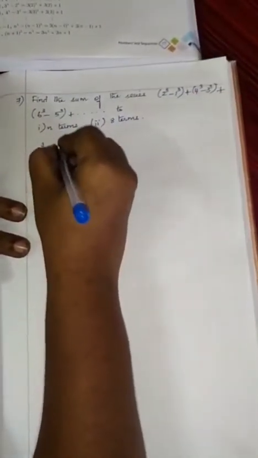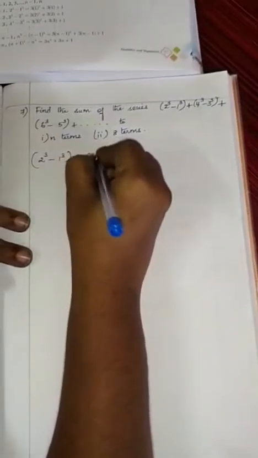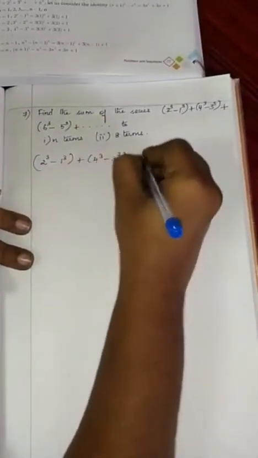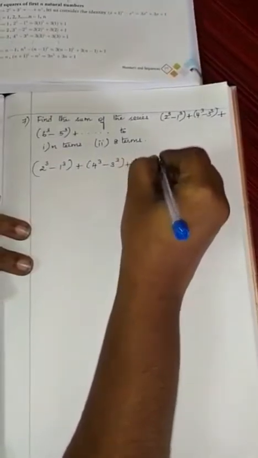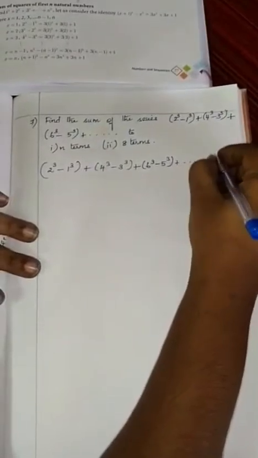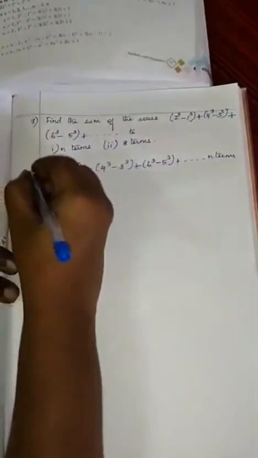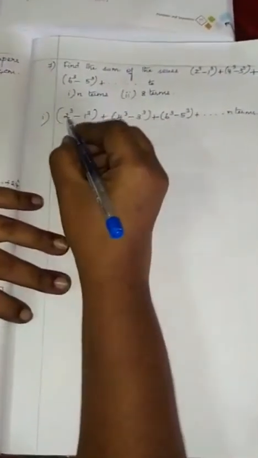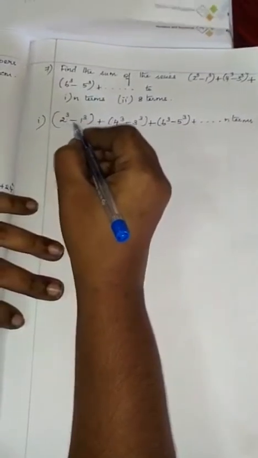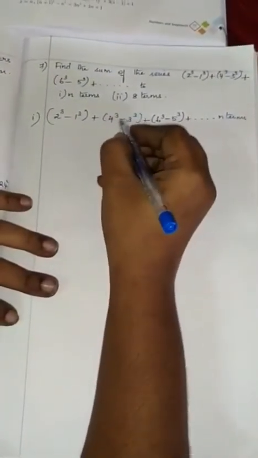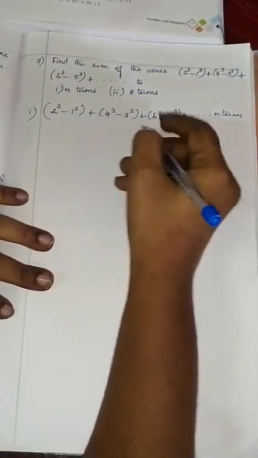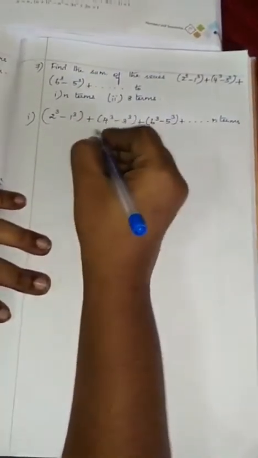Okay. So now see here what they have asked us to find out is 2 cube minus 1 cube plus 4 cube minus 3 cube plus 6 cube minus 5 cube. This goes on still. First sum they have asked us to find out till n terms, we are going to solve now. Okay. So see here when you find out 2 cube minus 1 cube, 2 2s are 4, 4 2s are 8, 8 minus 1 you will get 7. Now when you subtract this you will get 55. Like this it goes on. So we can't apply any GP or AP formula.